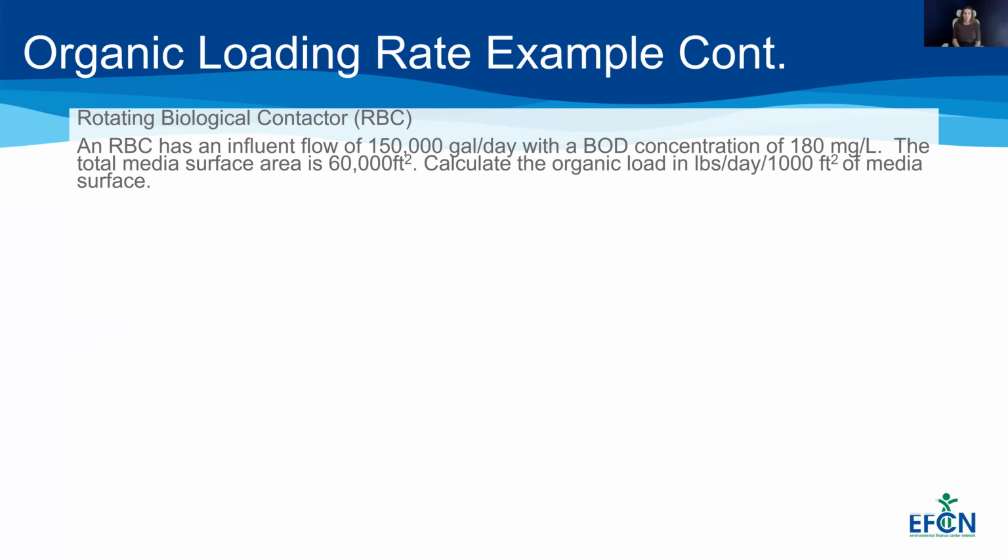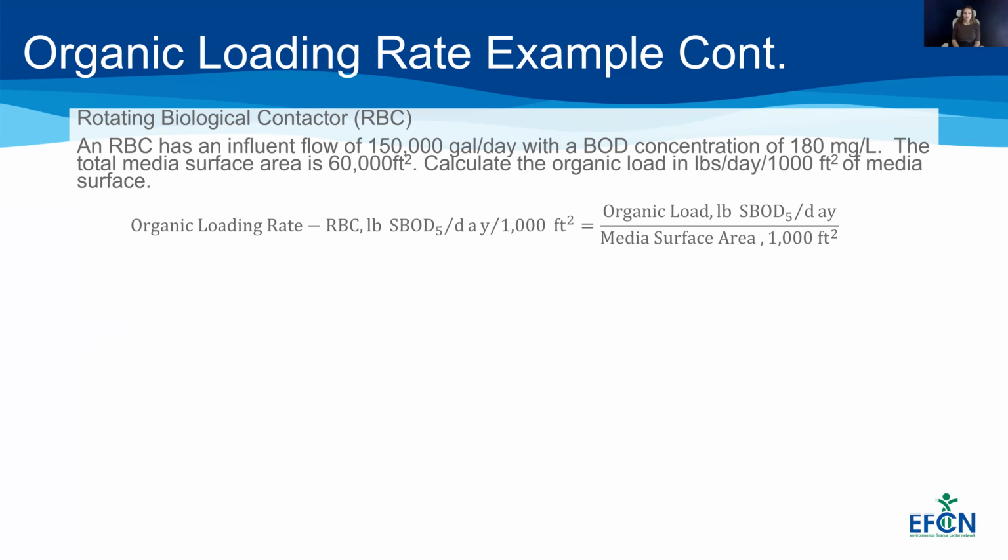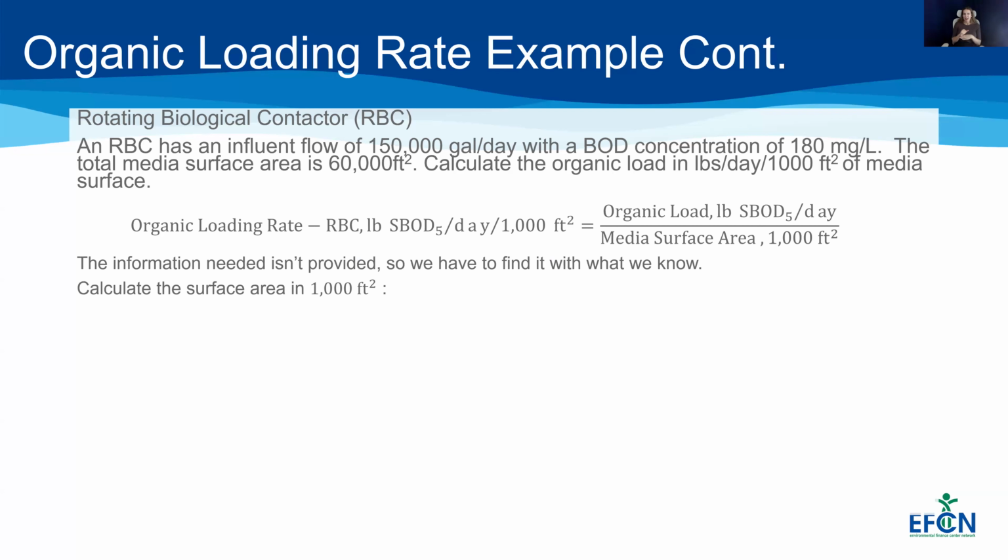So now that we have that loading and we have the surface area already on here, one last thing we need to do is our surface area is given in 60,000 square feet, but we need it in thousands of square feet. This isn't going to feel quite intuitive, but we do need to practice this. This is not given in the correct way, but in order to get the unit in thousands of feet, we simply divide it by 1,000 as long as it's already in square feet. So we just divide 60,000 square feet, and now it's in 60 thousand square feet.